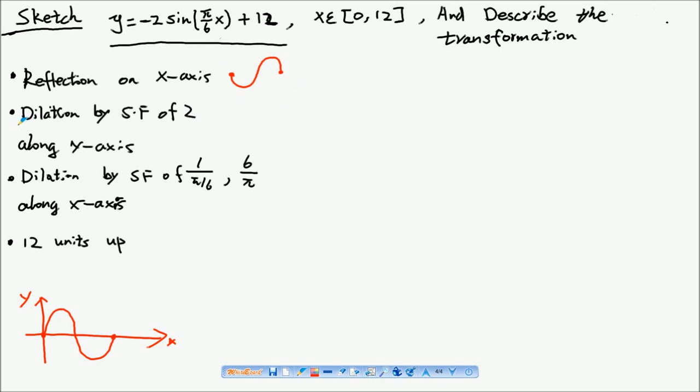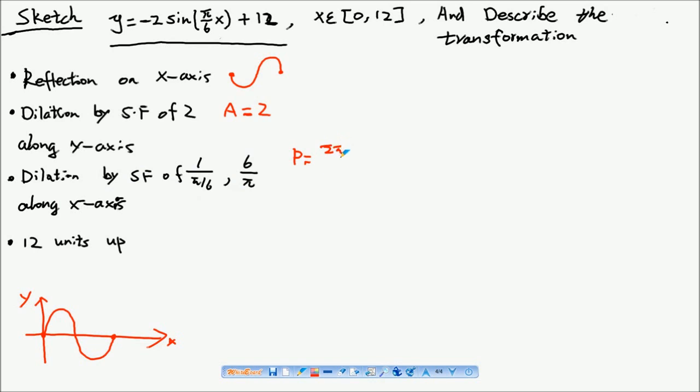And there's a dilation along the y-axis with a scale factor of 2, so the amplitude is 2. Dilation along the x-axis has a scale factor of 6 on pi, so our period is